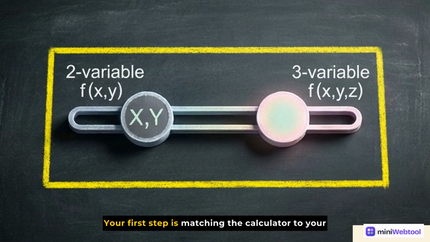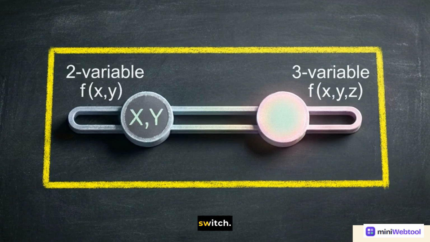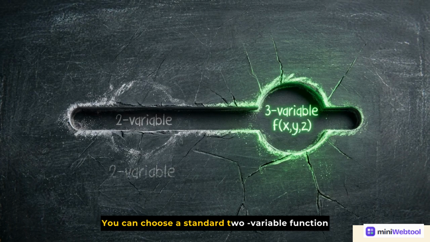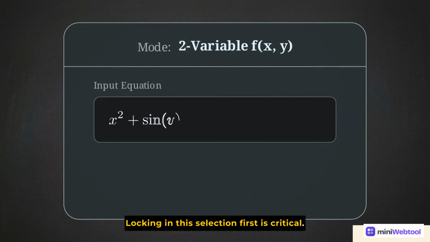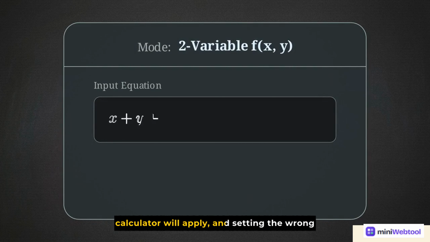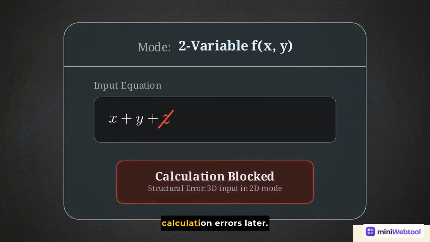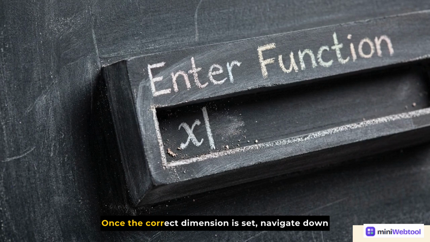Your first step is matching the calculator to your specific problem's dimensions using this toggle switch. You can choose a standard 2-variable function of x and y, or expand to a 3-variable function that includes z. Locking in this selection first is critical. It dictates the underlying algebraic rules the calculator will apply, and setting the wrong dimension early on guarantees structural calculation errors later. Once the correct dimension is set, navigate down to the function input box and type out your mathematical